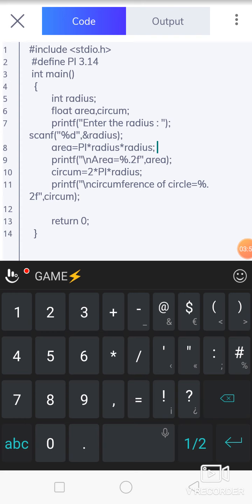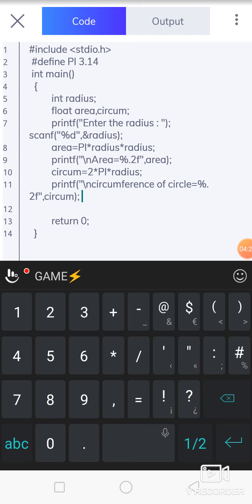As already discussed, the formula for the area of a circle is pi into r square. So r is nothing but the radius variable value. Multiply radius two times for calculating r square. After that, print the result of area by using the printf function. Then calculate the circumference by using the formula 2 pi r, and again display the circumference value by using the printf function.